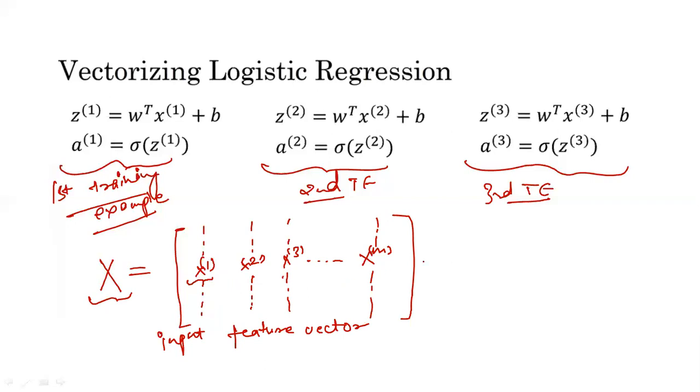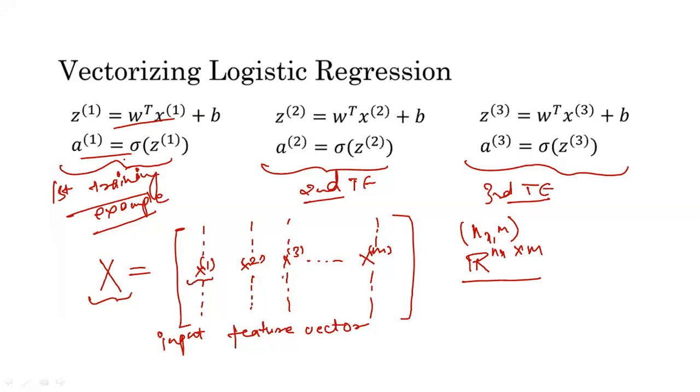And what has to be understood here is that this input feature vector X is an nx cross m dimension vector, or we could also denote it as R nx cross m. Okay, so this is the notation. Now what we have to do is write some implementation in Python or any programming language of how we can implement this equation z1 equals w transpose x1 plus b. So firstly, we need to write some code for this, and then we will implement this output using this